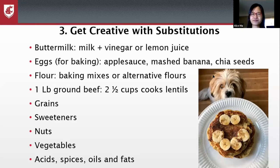If you don't have buttermilk, you can use milk or non-dairy milk, which is what I typically use, and add some vinegar or lemon juice, about a teaspoon or a tablespoon per cup of milk to make your own buttermilk. Eggs, for baking, you can use about a tablespoon of applesauce, half a mashed banana, either chia seeds or flaxseed, about a tablespoon of that, letting it sit in about 3 tablespoons of water, and letting it gel can replace eggs. You can also use carbonated water to replace eggs,